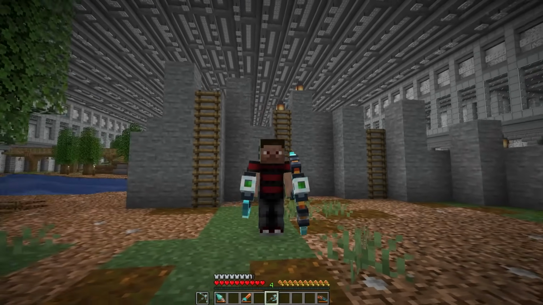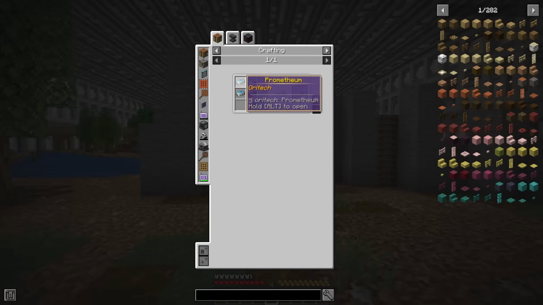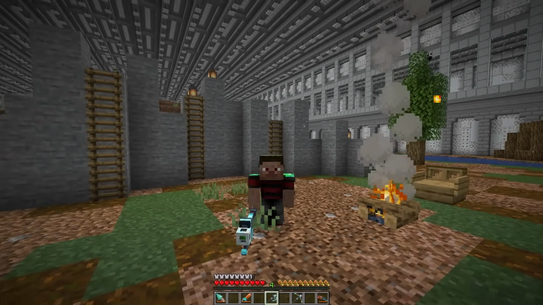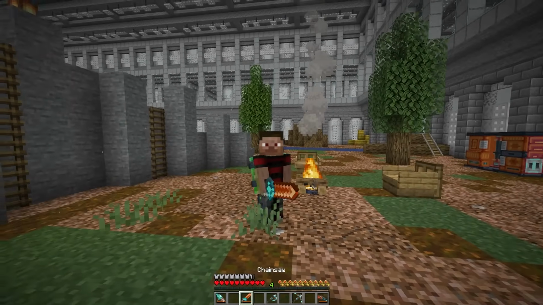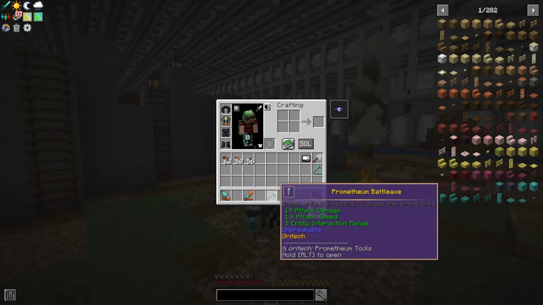Now it's time for the crazy tools. The Promethean pickaxe and battle axe are the highest tier tools in Oritech, but do require that endgame Promethean item that we talked about with the atomic forge. The Promethean battle axe is the upgraded version of the axe that has all the same abilities as the chainsaw, but also does a whole lot more damage, not only in just its attack damage, but also with a 3x3